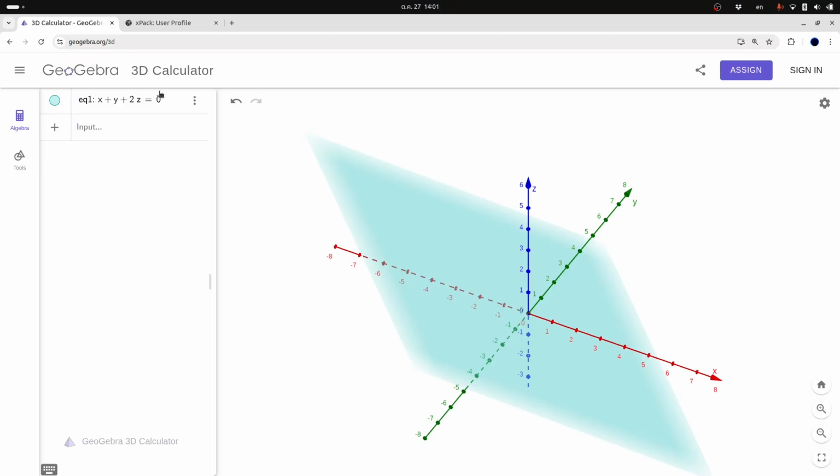Okay, so 0 belongs to this plane, and if you have one vector inside it and you scale it, it also belongs to the plane. And if you take two vectors and you add them up, it also belongs to the plane. So this plane is basically a vector space. Now you can get a vector space not just from one equation. If you have another equation,